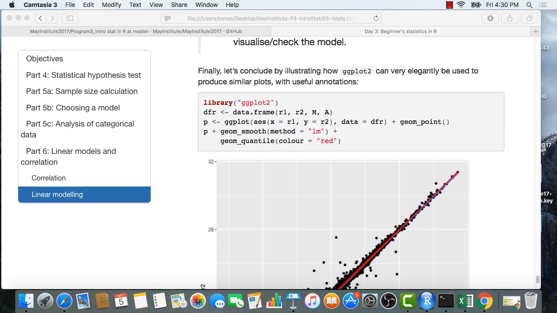We have seen plot with an object of class LM, where we produce all these fancy plots. ggplot is not like that. ggplot only takes a data frame as input. So if I want to produce